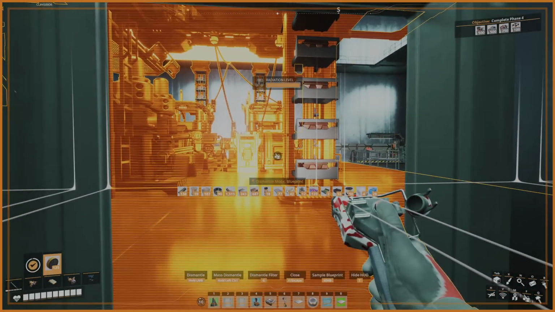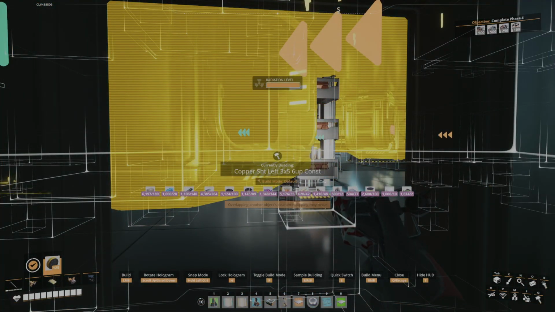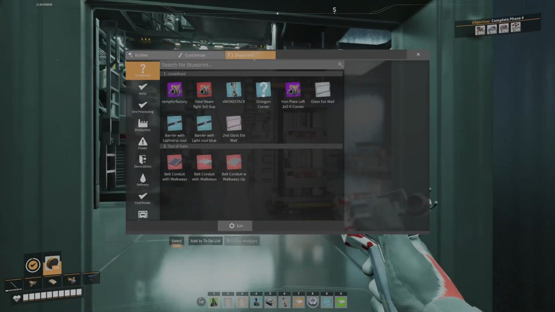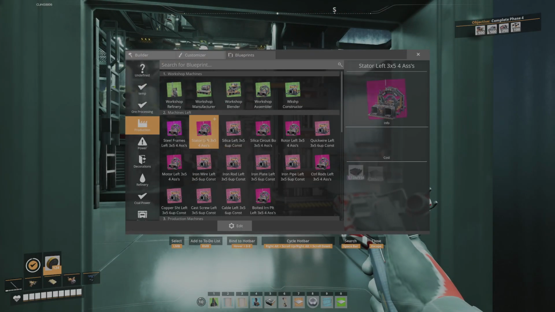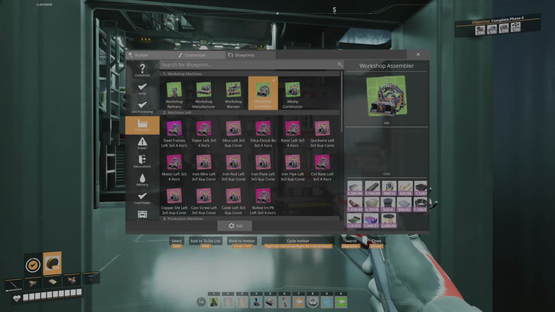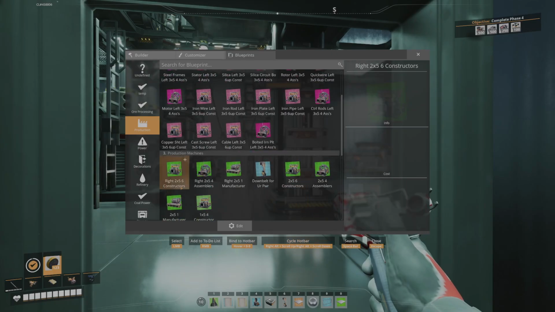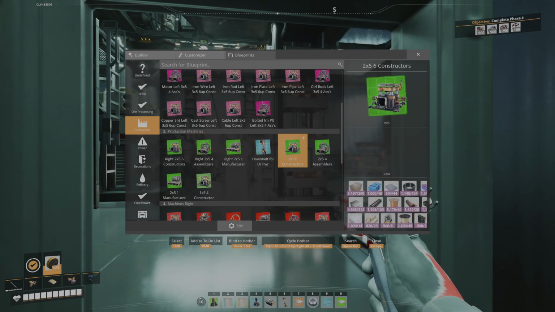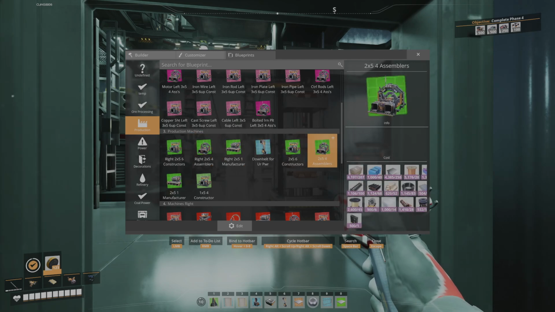When you look at something like this, it's a copper sheet left, 3 by 5, right? That means the amount of squares of foundation it is, and 6 up means it's 6 machines. So when you look at all the blueprints for this, you can see that for all the different production needs, I made a different blueprint. And they're all made from templates that I made first. So you can see here production machines, where is it? Yeah, so these were the templates, like 2 by 5 by 6, 2 by 5 with 4 assemblers,